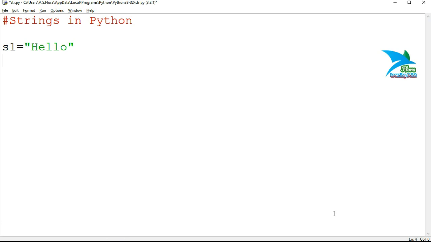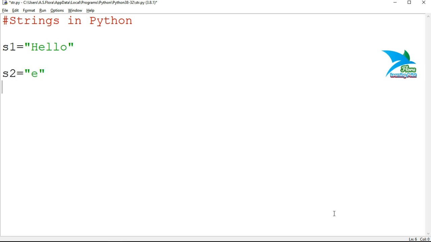So let's demonstrate how to use membership operators in Python. We have a string s1, the value of s1 is hello, and now I want to check if some character is available inside that string or not.